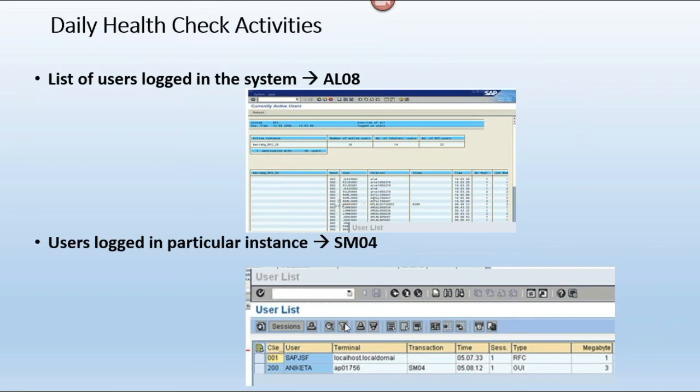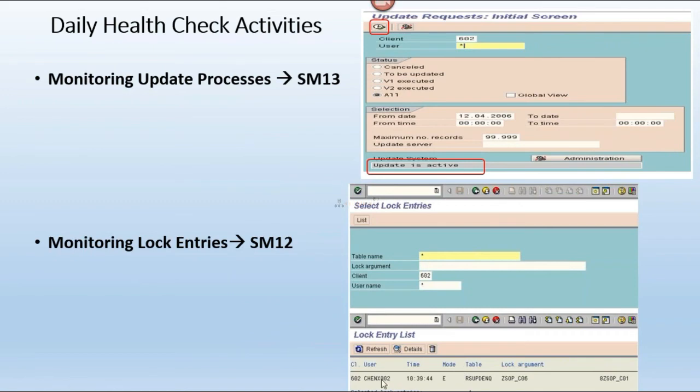Whenever you log off, ultimately the lock entry will be released from SM12 code.